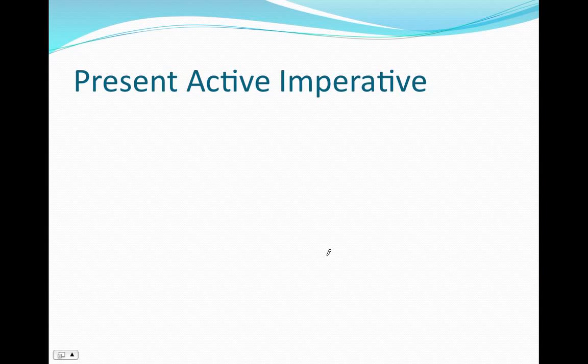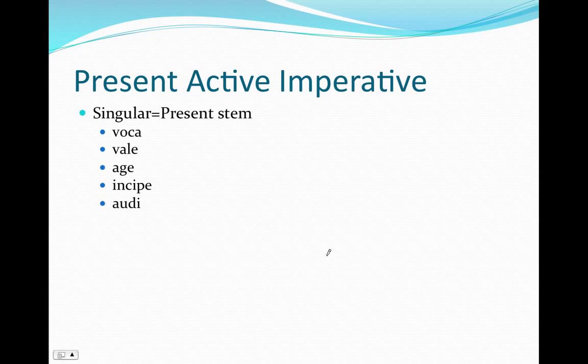The first, most obvious one is you want to give a command in the active voice. You want to tell somebody to do something. And so to form the singular, we're just going to use the present stem. So from vocō, vocāre, we just use vocā, call. And even though these are second persons, you wouldn't say "you call." Right? When you give a command, you just use the verb. So call. Or valē,